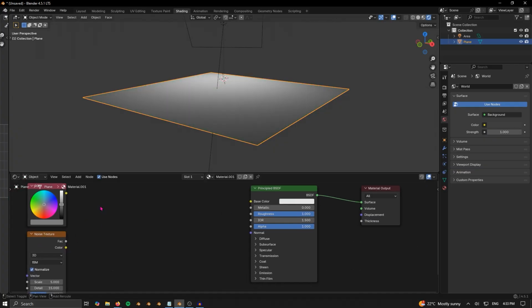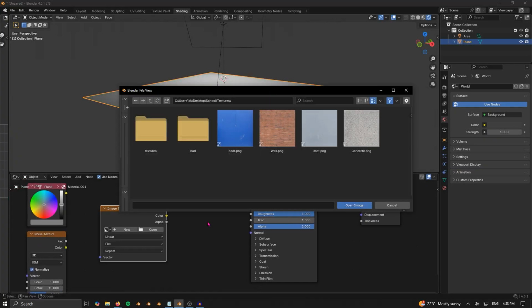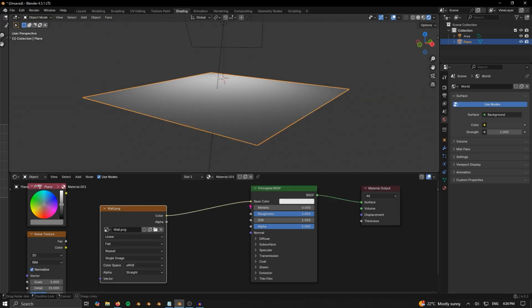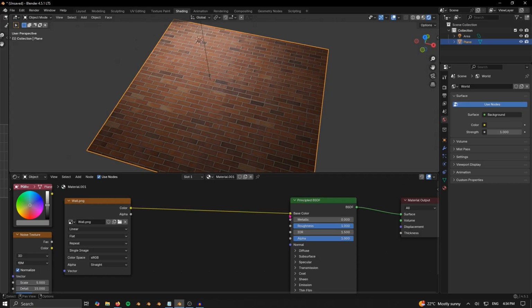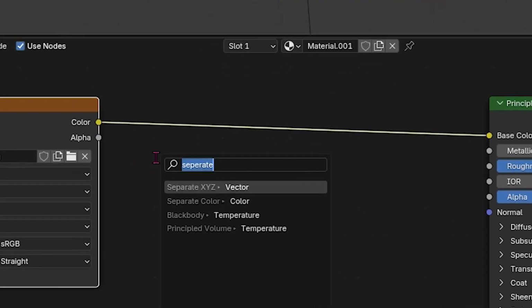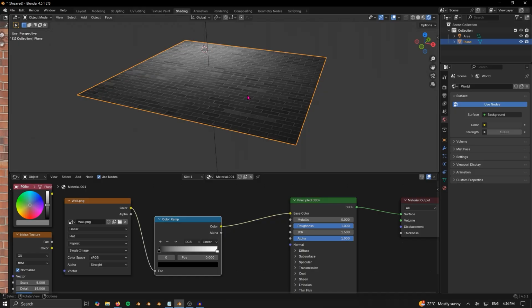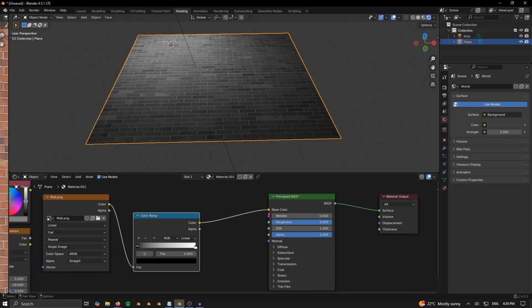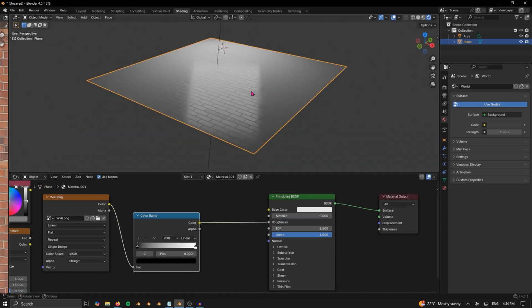Well, instead of using a noise texture, I can use an image texture. And the texture that I will use is the wall texture that I created for the school. So again, this is what it looks like. But to change this color to black and white, I can feed it into the color ramp. This changes it to black and white, which means I can then plug it into the roughness,